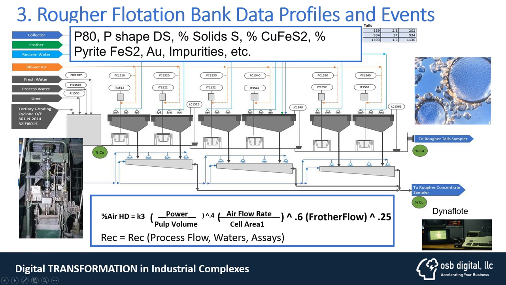And by being able to have this cross-zero detection and this advanced analytics, we can calculate the recovery in real time to be able to model that and to see exactly what are the levels and the turbulence that we have in the first two cells, in the other two cells, and the other two cells. So we come up with a profile of air holdup and the turbulence and the velocity and the amount of air that we need, and what is the frother that we need to maximize the recovery.